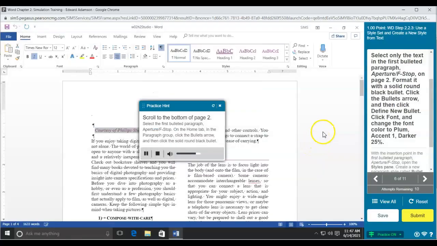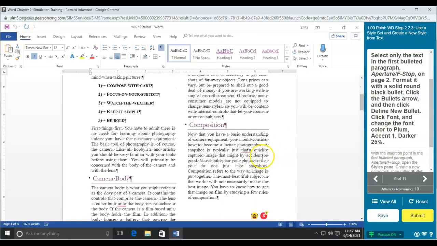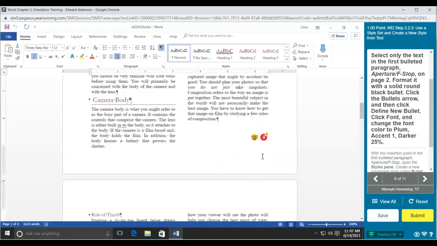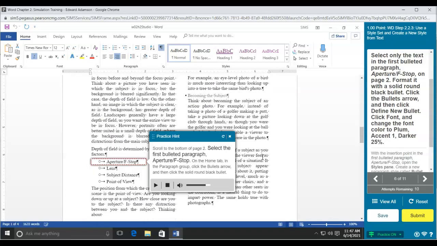Scroll to the bottom of page 2. Select the first bulleted paragraph, aperture/f-stop. On the Home tab,